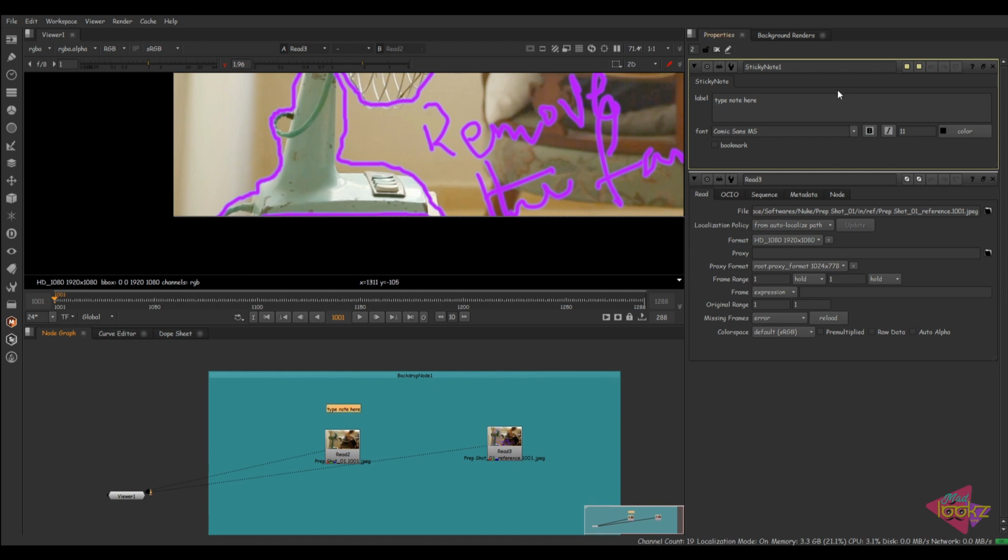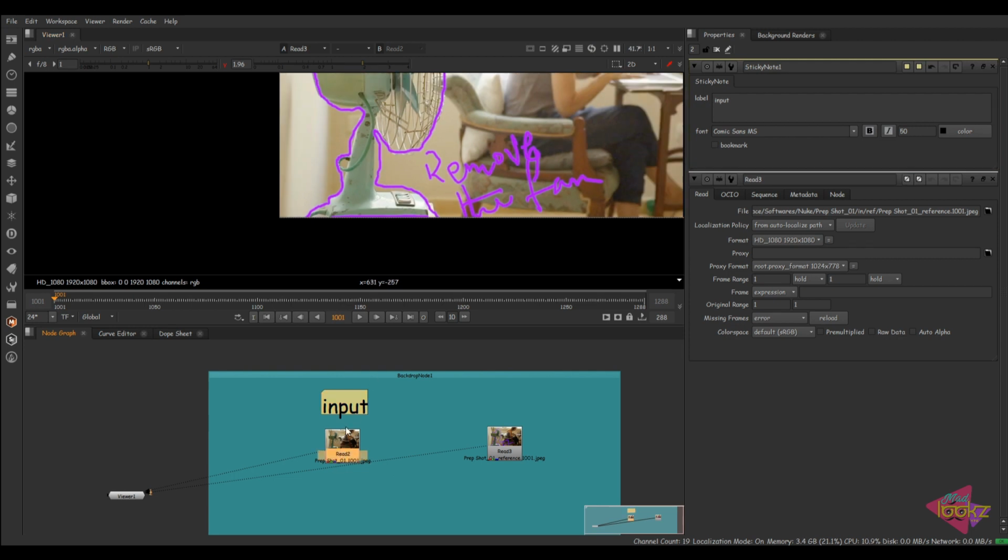You can type it like input. You can even change the font style or font size for this, it's all customizable. I'm going to type in 50 as the font size. So here I have the input and the reference image inside my script.